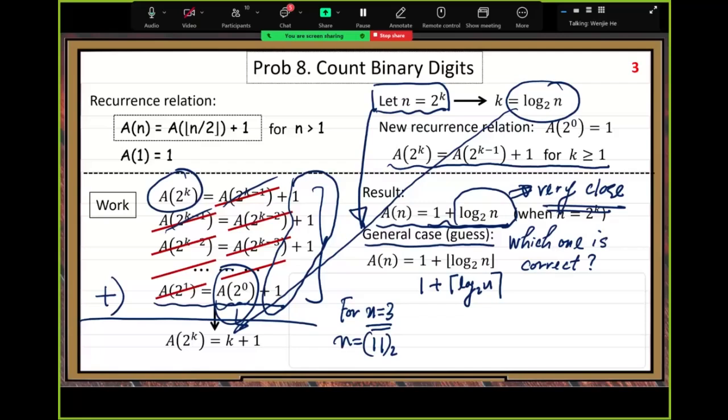How many digits? 2 digits, so a of 3 equals 2. Then, if we consider these two functions, one is 1 plus the floor function of log base 2 of 3. The second is 1 plus the ceiling function of